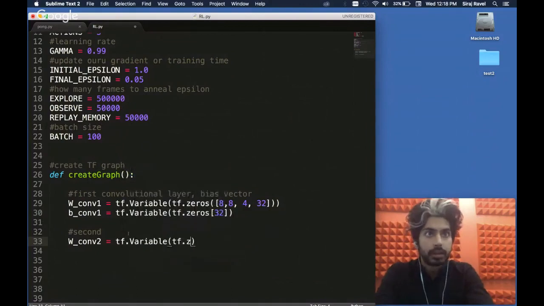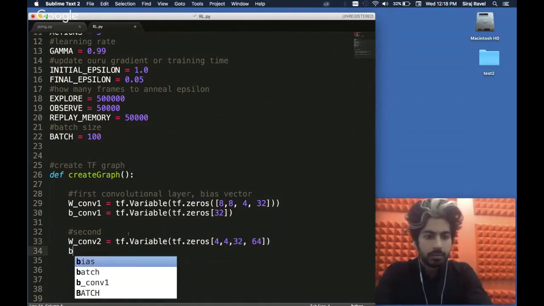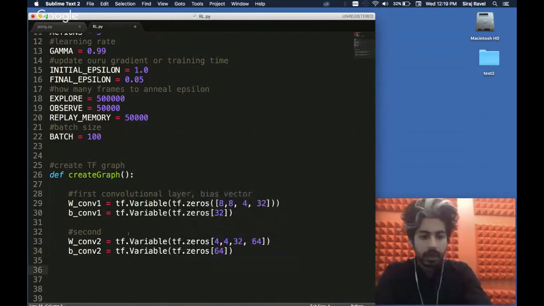tf.variable, tf.zeros, and 4, 32, 64, b convolutional 2 equals tf.variable, 64. And then our third layer, just got to keep defining those layers.